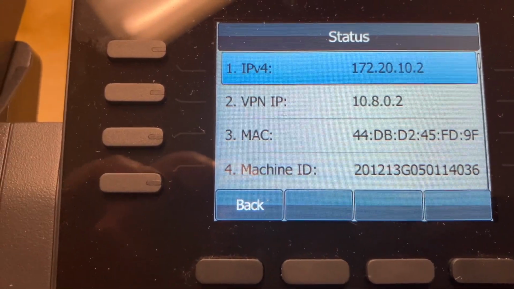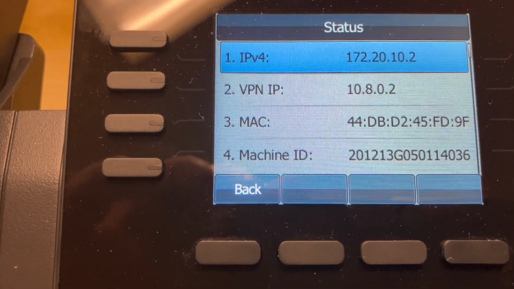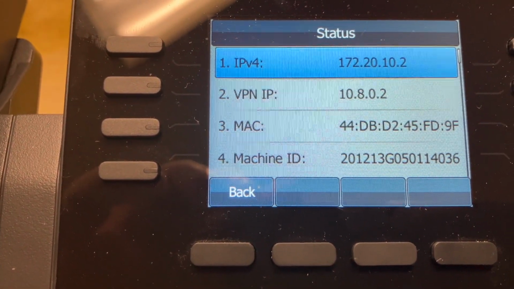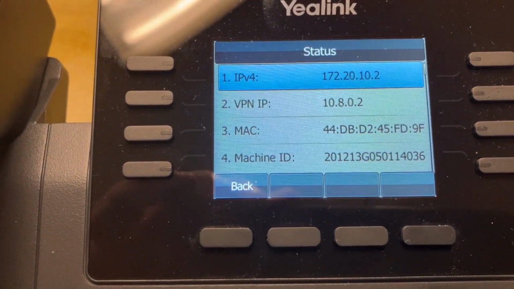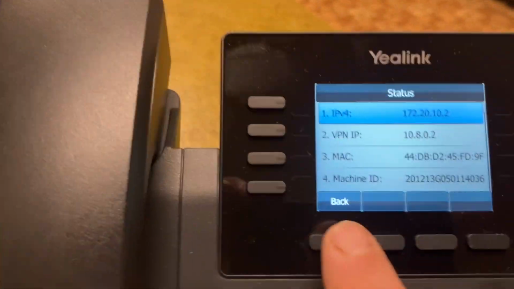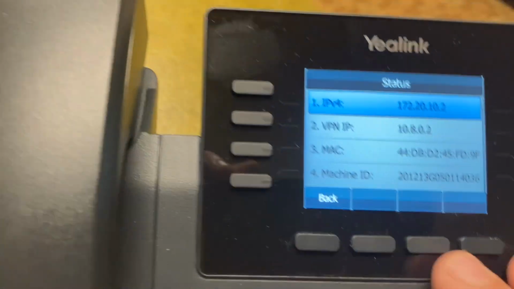Oh, this is actually connected on my Verizon phone right now. That's not my internal address, that's my iPhone's address. And then we got a VPN IP address, 10.8.0.2, and we say back. Now we can go to the menu,